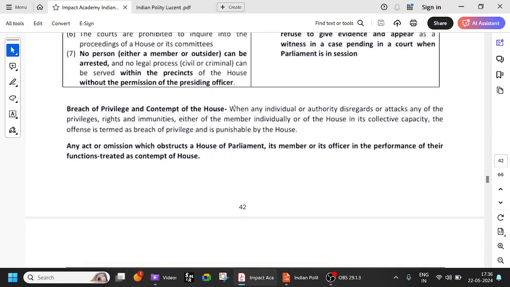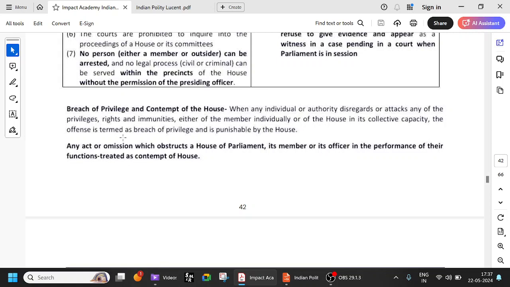So breach of privilege and contempt of the house. When any individual or authority disregards or attacks any of the privileges, rights and immunities, either of the member individually or of the house in its collective capacity, the offence is termed as breach of privilege and is punishable by the house. For example, if any police officer goes and arrests a member of the parliament in the presence of the parliament, or in a civil case, if he arrests 40 days before and 40 days after, in such cases,